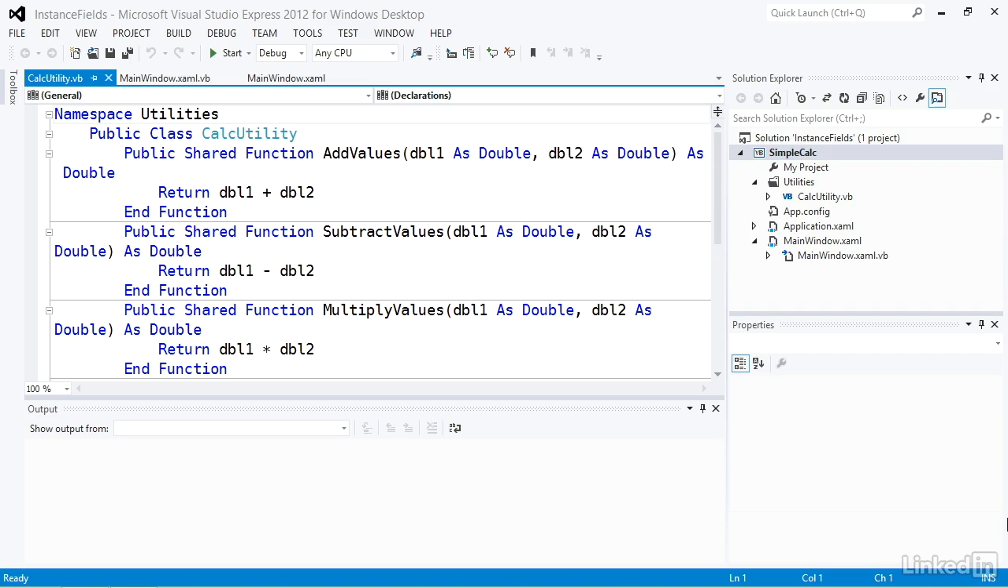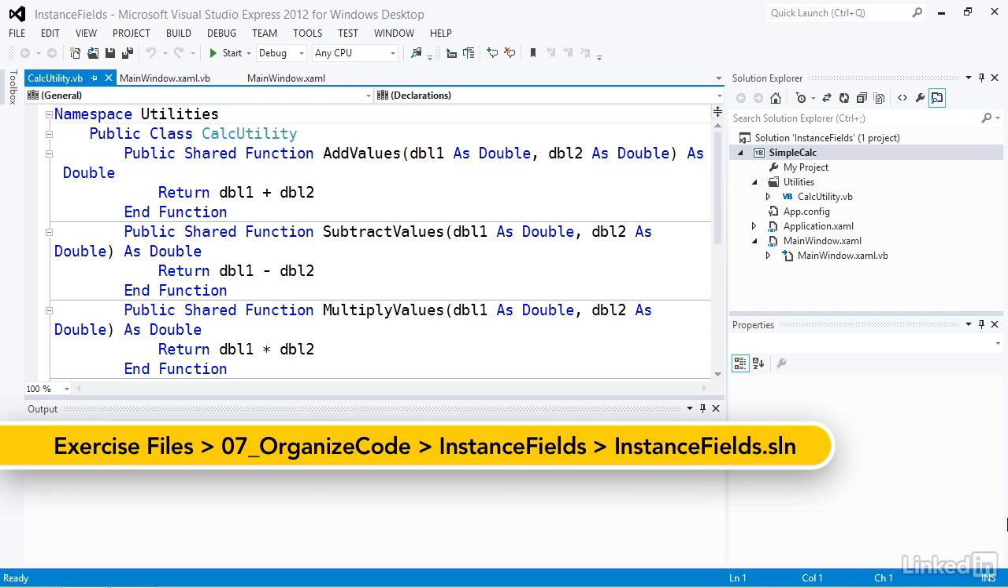In the terminology of object-oriented programming, a field is a variable that's a member of a class, and a field that's only available from an instance of the class is called an instance field. Visual Basic supports the use of instance fields, and they're valuable when you want to wrap both data and functionality in a custom class. I'll show how to do this in the solution instance fields in a version of my